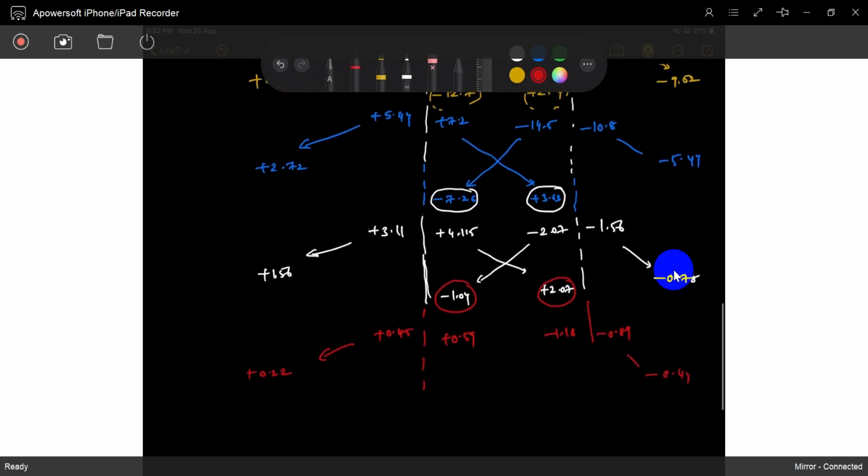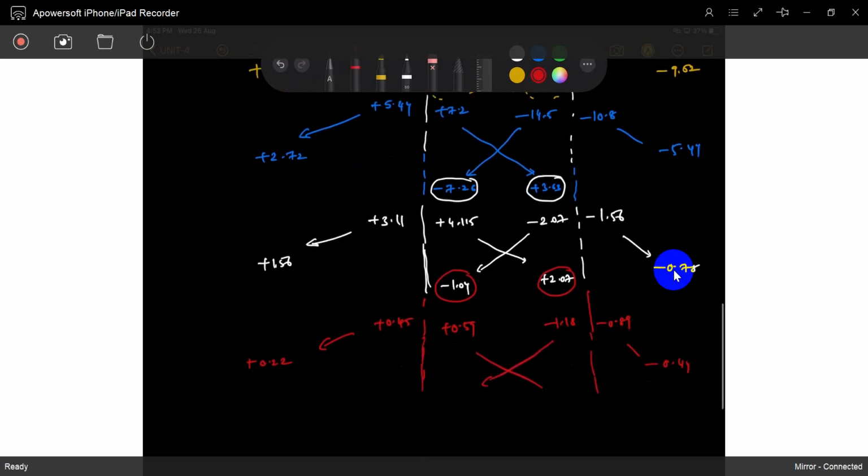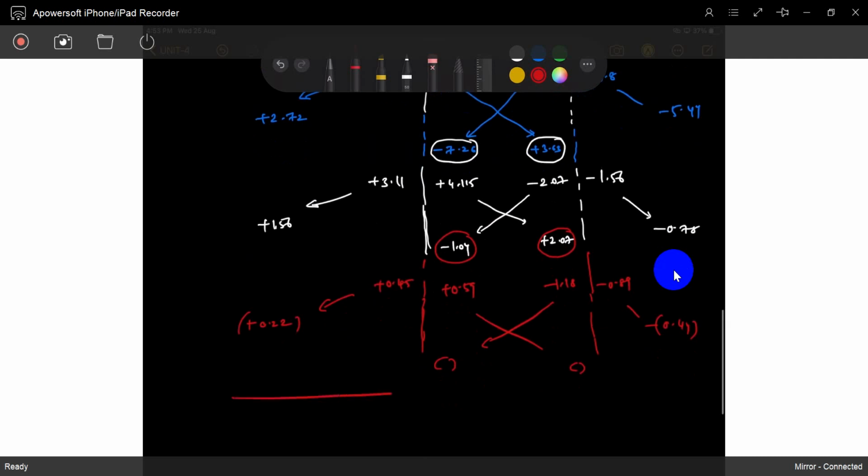Otherwise you will get another thing, but just skip it. Only the end moments you just take. Only at the end can you take out the carryover moments. In between you can skip it, because if you write that down, you get an unbalanced moment at joint B and joint C. Later when you calculate the total moment at the joint, you will get unbalanced values here. So just skip it. They entered into 0, so you can just add it. That's enough. Just add it.